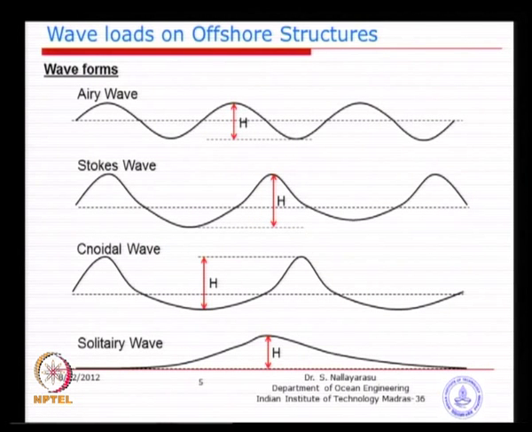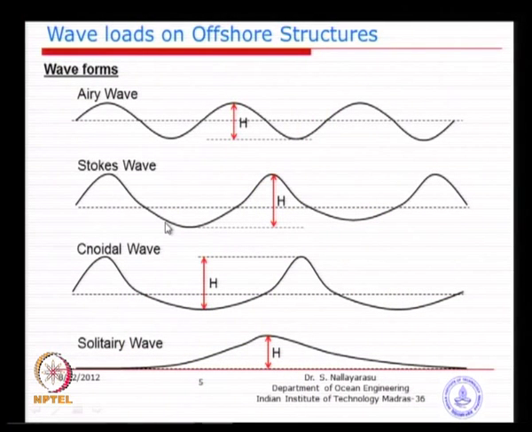So, you could actually split into two components or more, depending on what complexity the real waveform is. That is why the Stokes wave is quite useful in going closer to the real wave in the actual field. And then there are a few special forms like cnoidal wave or solitary wave. The solitary wave does not even have the trough, it is just a build up of water surface and accumulation until it breaks. Similarly, the cnoidal wave has got very high crest and very small trough.